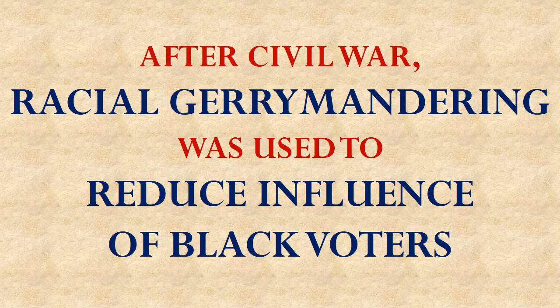After the Civil War, racial gerrymandering, in other words, remember what gerrymandering is from the previous lesson. It's the drawing of boundaries in congressional districts to help or hurt some group. Well, after the Civil War, gerrymandering was done with race in mind. It wasn't just packing and cracking Democrats or Republicans. It was cracking or packing people based upon their race. So creating district boundaries based on the racial composition of communities. And it was used to reduce the influence of black voters.